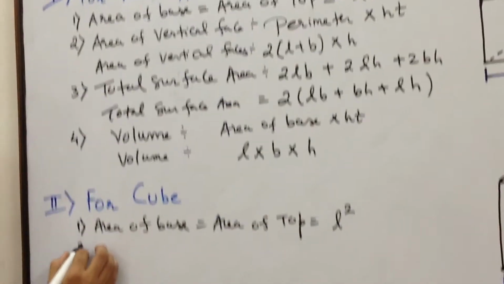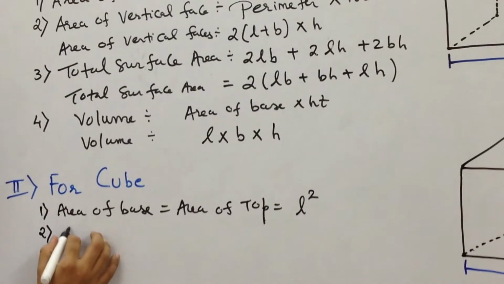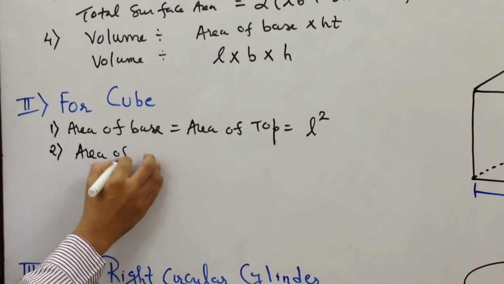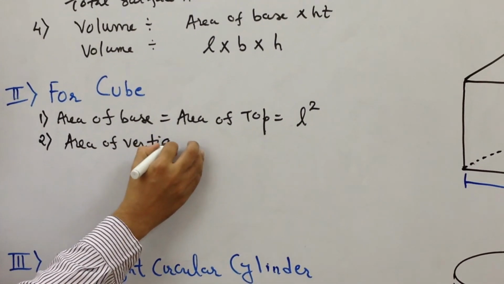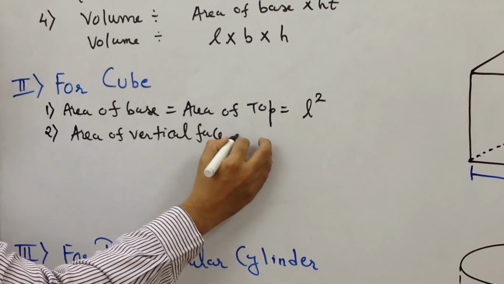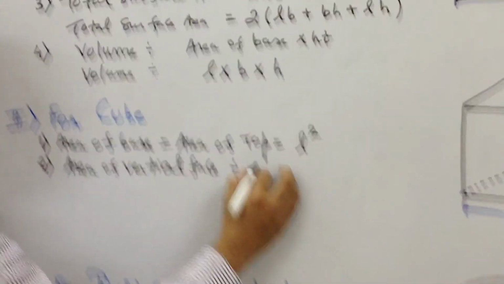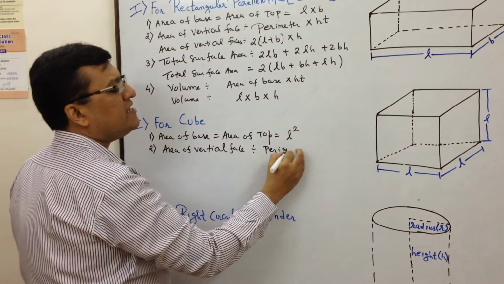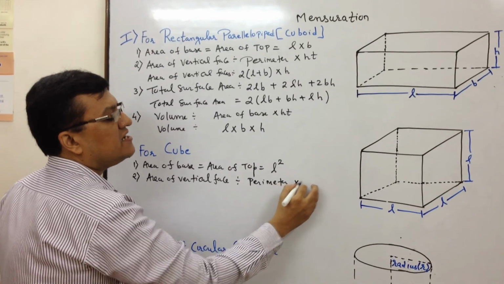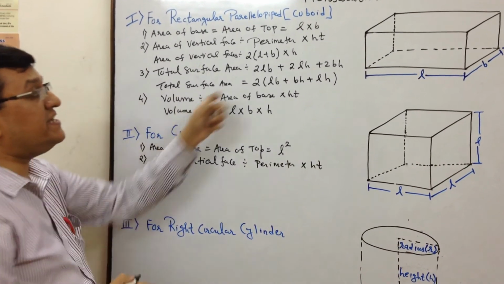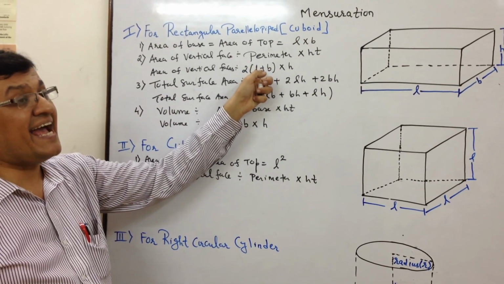The second one is area of vertical faces. Once again I shall say it is perimeter into height. Now as we studied over here in a rectangle, or rather in